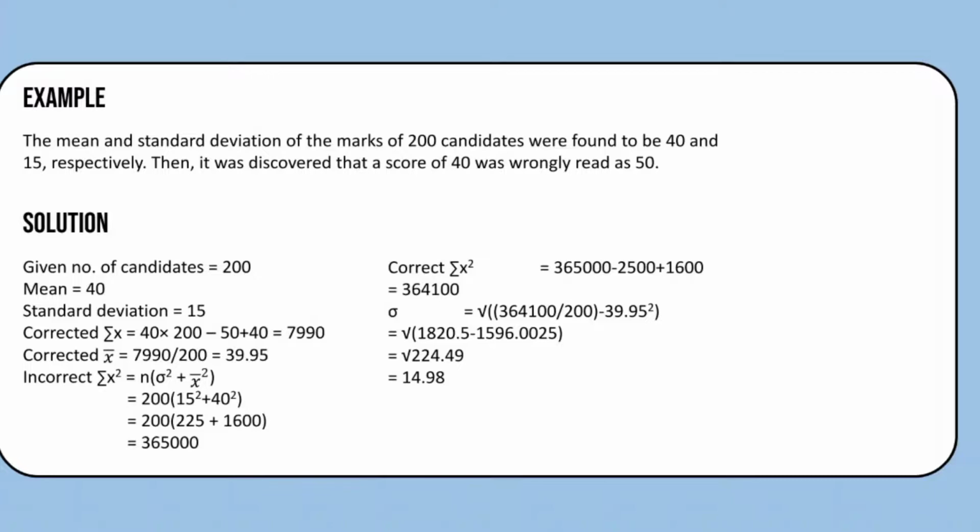Incorrect sigma x squared equals n times standard deviation squared plus x-bar squared, which equals 200 times 15 squared plus 40 squared, equals 200 times 225 plus 1,600, which equals 365,000. Corrected sigma x squared equals 365,000 minus 2,500 plus 1,600, which equals 364,100. And the square root is